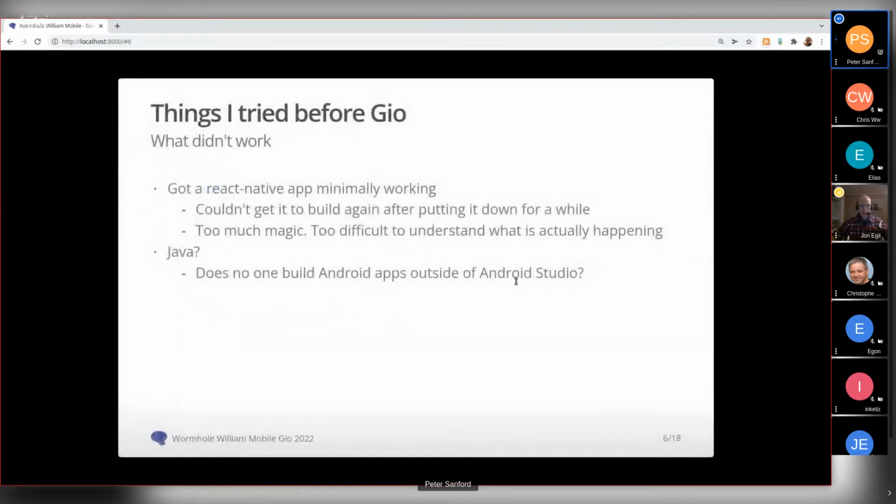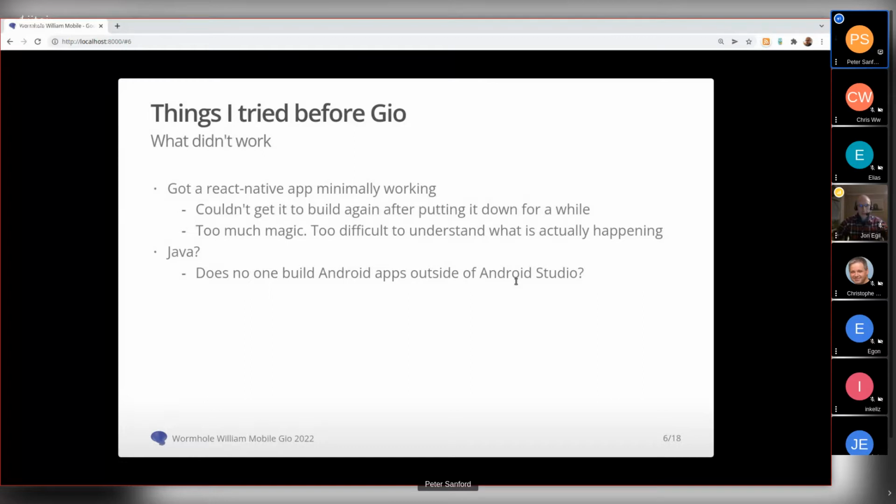So I started with making a React Native app. I got it minimally working in the most hacky sense, but was able to transfer files to and from my phone. But then I put it down for a little while and picked it back up.